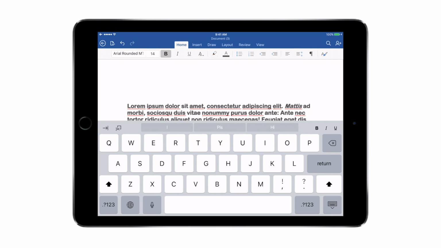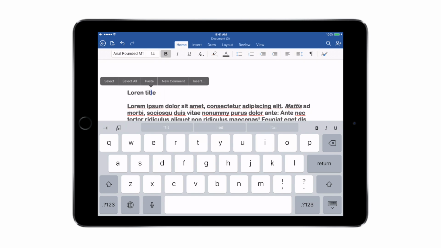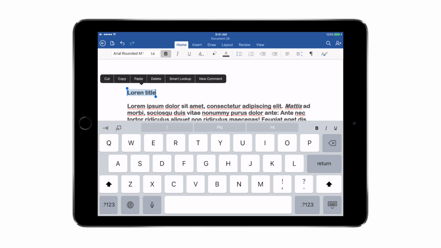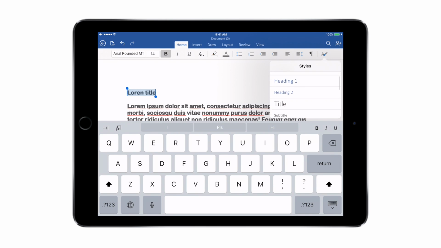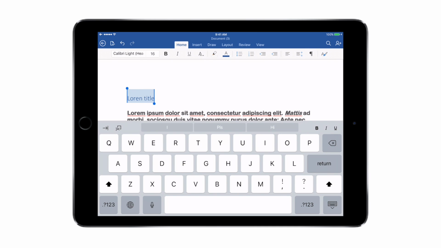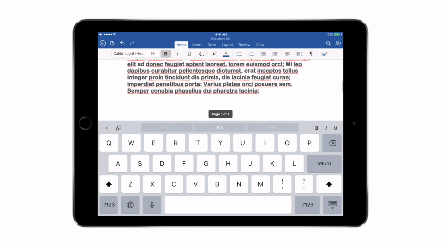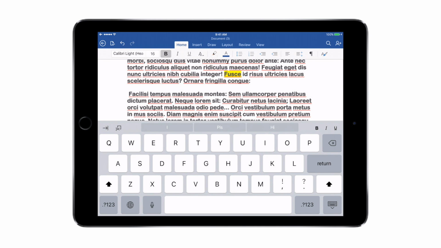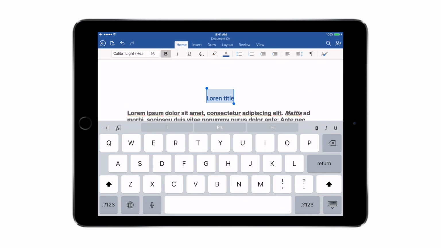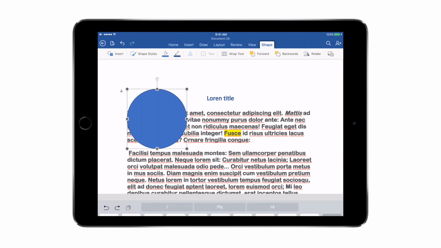So I can also insert a title above this. So if I say Lorem title and I want to change the formatting for this and make it look like a title, I can directly go up to this menu and make this as heading 1, right, and it says bold and I'll get it to the center. So that's how you create a document in MS Office Word, and you can choose multiple options to format your text.